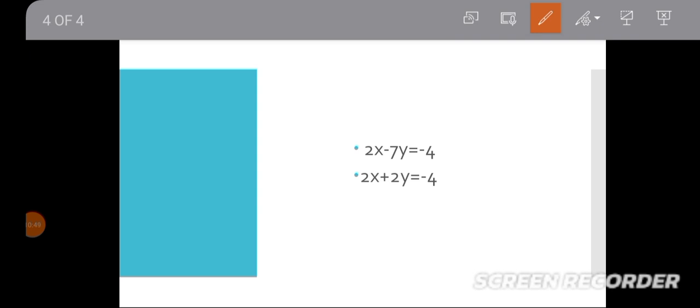In cases like this, we're going to multiply both equations, but we're going to use the 2y, going to multiply the 2 and the 2y, going to multiply the top equation, and the